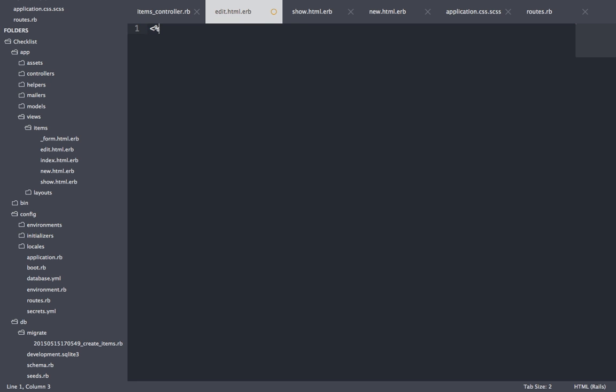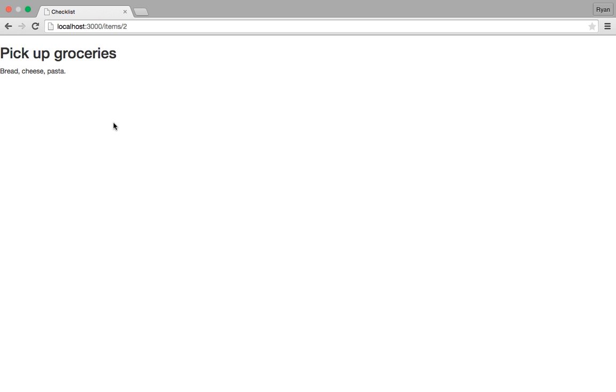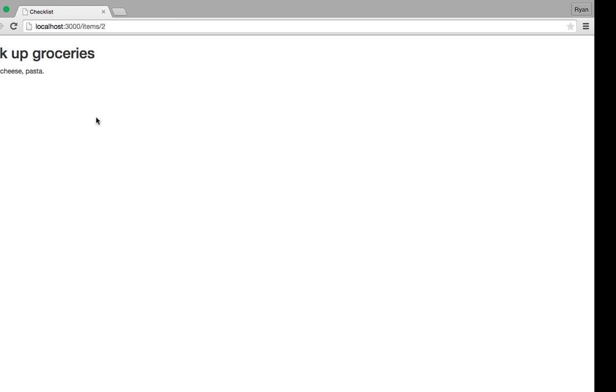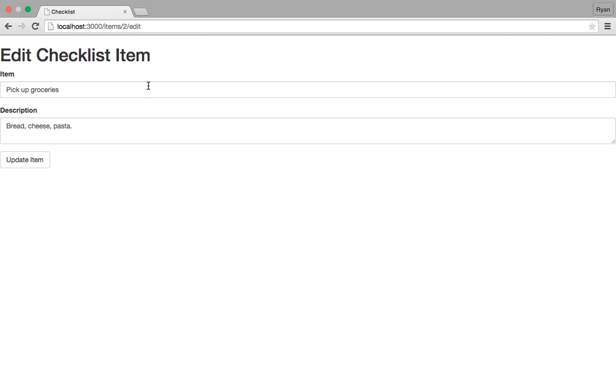So what we're going to do is add a little header that says edit checklist item. And what's really cool with Ruby on Rails is we can actually just render the form, and you would think that the form would be empty, but since we have the item params and we go to items/2/edit, we'll have the form already filled out, which is awesome. So when we update,